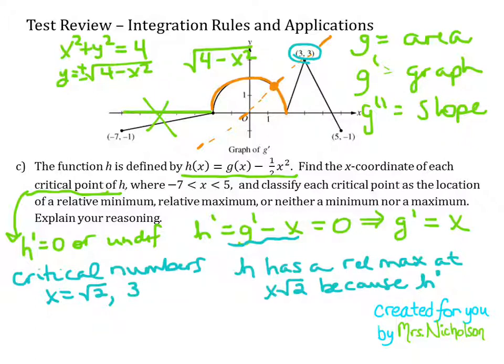In this case, we're given g prime, but that wasn't really what we were dealing with here. Remember, we were dealing with g prime minus x. So I'm going to say g prime minus x, which equals h prime,